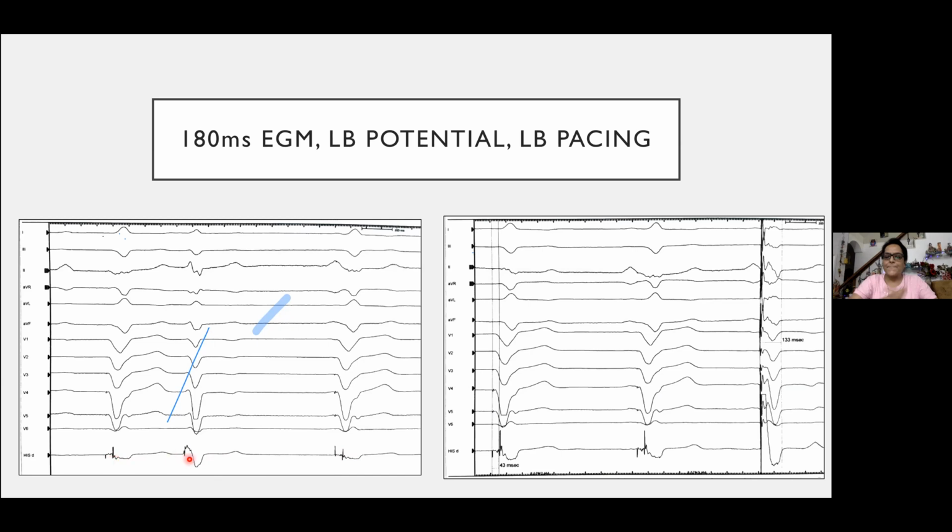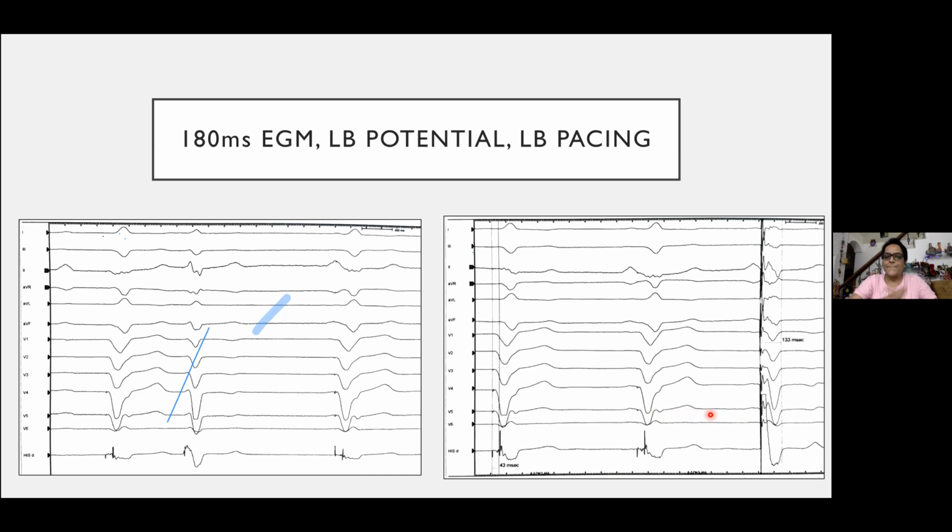Sometimes when you are irritating the left bundle, you see a left bundle ectopic. So this is a left bundle ectopic that is there. And then again, RV pacing and a retrograde left bundle potential. So: retrograde left bundle potential, left bundle ectopic, retrograde left bundle potential. You can see from RV pacing to the left bundle potential it is 40 milliseconds. It is roughly the trans-interventricular conduction time which we normally see, particularly in the presence of scar.